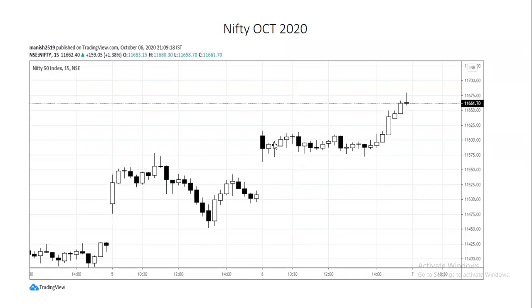Now whenever you find markets are completely sideways, range bound from morning till 2 p.m., very high chances after 2 p.m. you will get a trending move either on upside or on downside. Around 1:30 European markets open, sentiments again change one more time during the day. So the probability of trending move is very, very high after 2 p.m. if index is completely range bound up to 2 p.m. So here you can see after 2 p.m. we got higher highs in Nifty. We will always look for this setup on 15 minutes time frame.